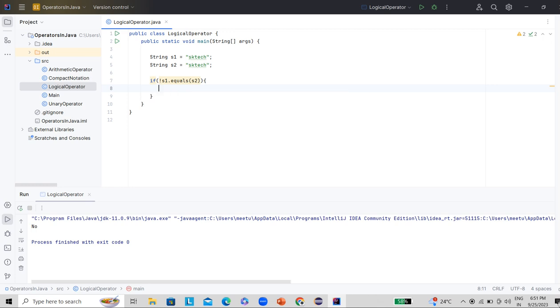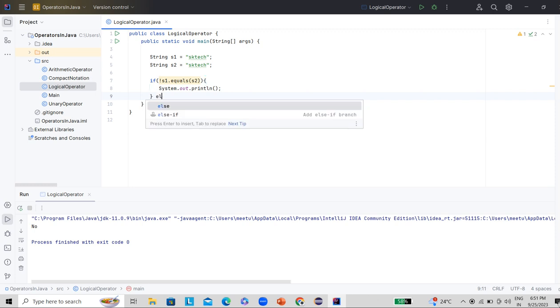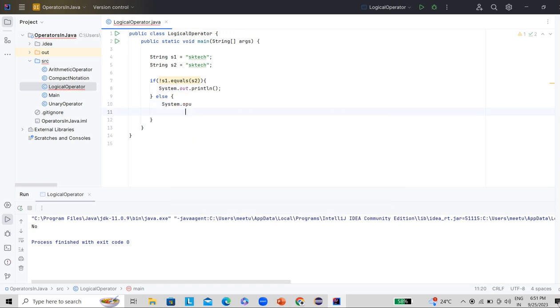So let's write some statement like System.out.println. If this condition is satisfied, then only it will come inside the if block, otherwise it will go to the else block. So let's print some statement here also so that we can clearly see the output: println, and let's print here "not equal".